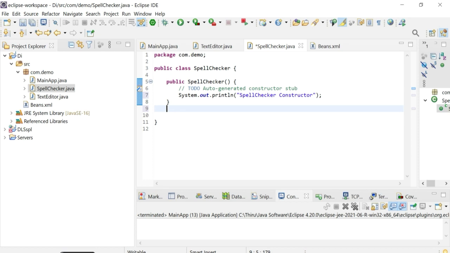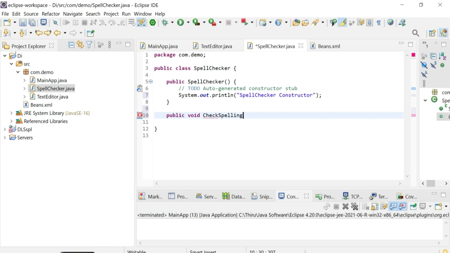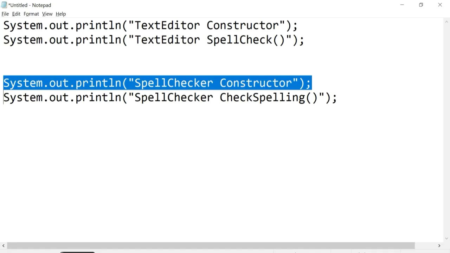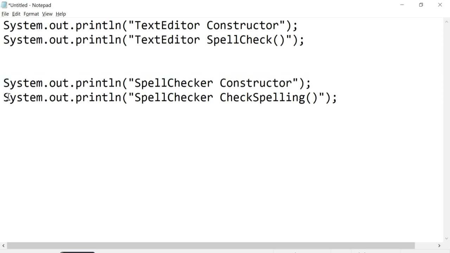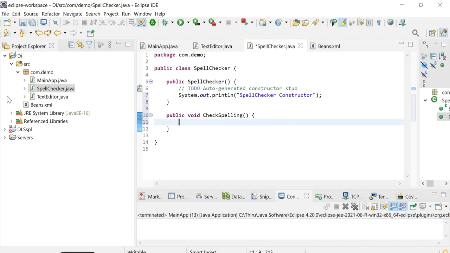And then we do have one more method, public void check spelling, right? Inside this we give the spell checker check spelling message, that's it.